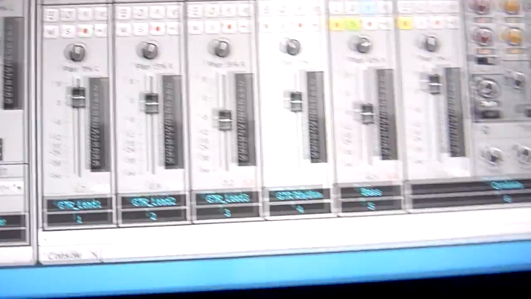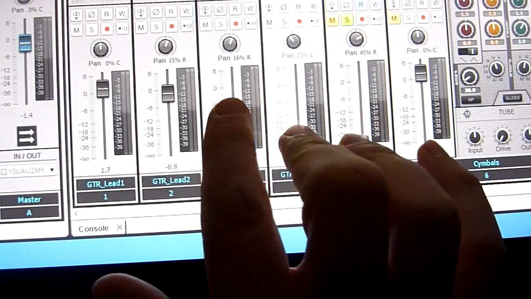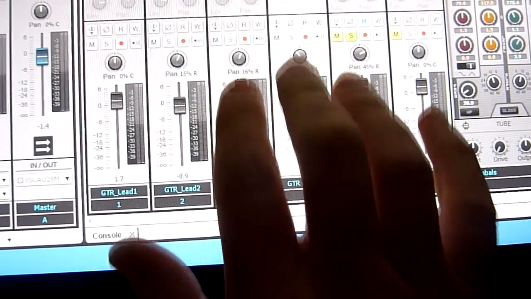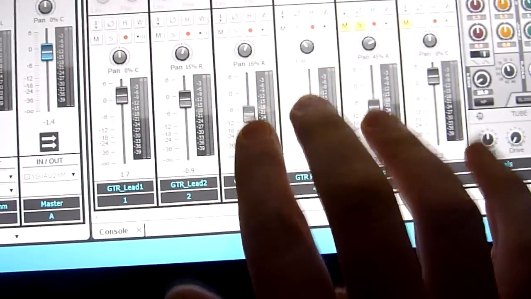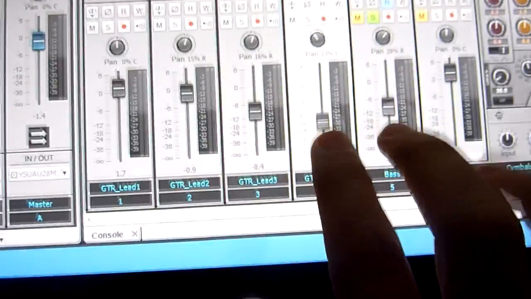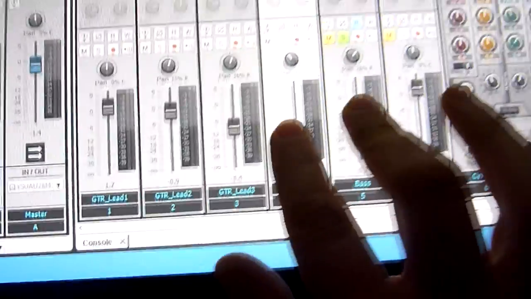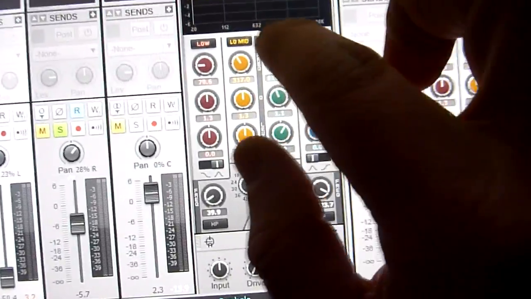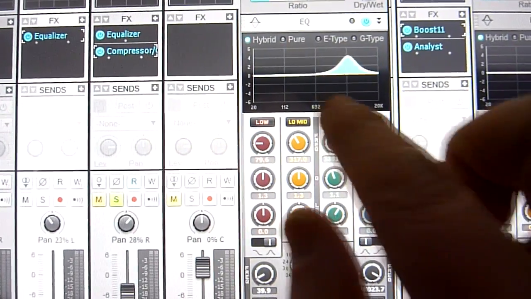If we look at the console, you can see the faders here. I can grab as many as I can grab. You can see those go up and down. Pan as well. And it's multi-touch, means I can do more than one thing at a time if I can grab it right. On the Pro channel, the EQ, yeah, I can move all that about. These give a bit of a rotary thing going on,